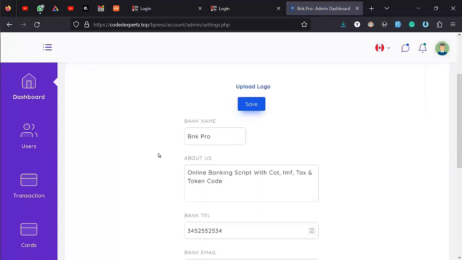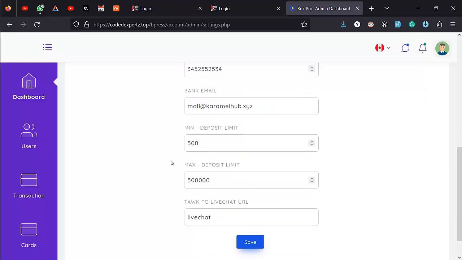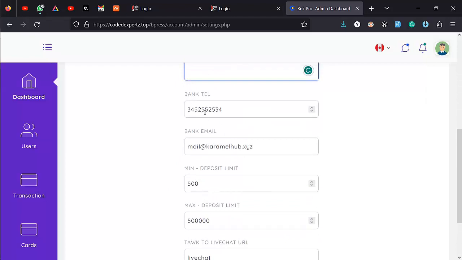So settings allows the admin to set up your bank name, you can set up maybe a little description about yourself, so when they search, this is what comes out. You can set up your phone number, the phone number you want to appear on your site. You can set up your bank email also. So I'm going to set this as support at,